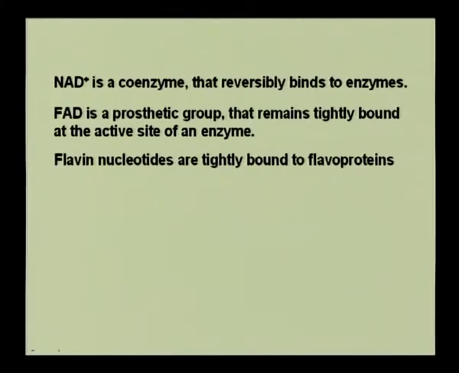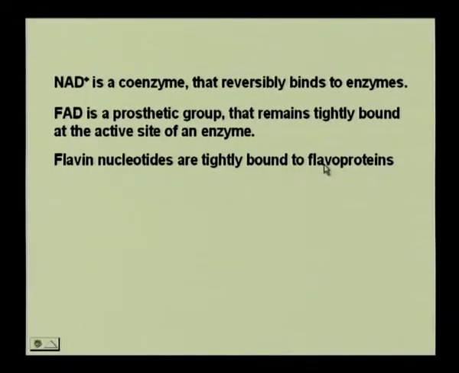And these flavin, we look at what these molecules are. The flavin nucleotides are tightly bound to what are called flavoproteins. Okay? So, the proteins that have the FAD or the flavin nucleotides are called flavoproteins, and these are required in the reactions of oxidative phosphorylation to give you the energetics required for the production of